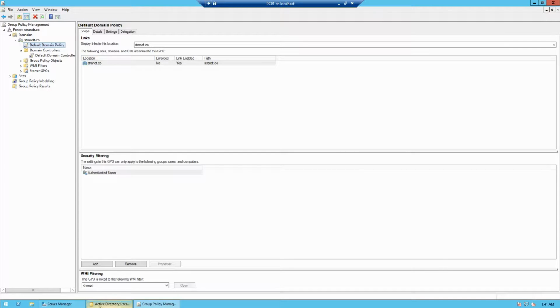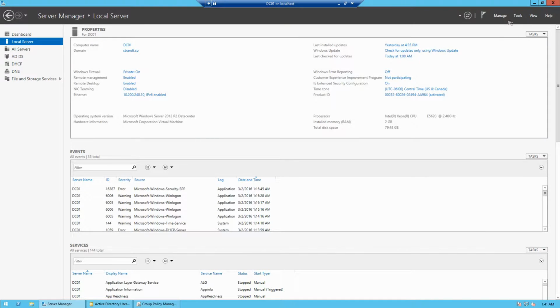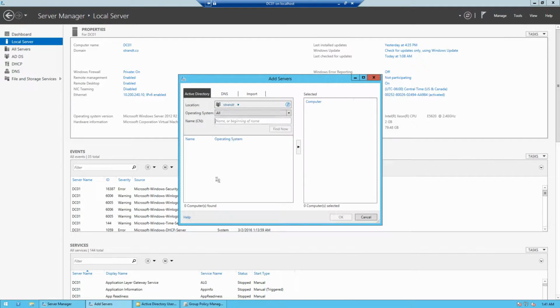So we'll go back to Server Manager on DC01, go to Manage, Add Servers, and now that we've got a domain set up, we can click Find Now and you can see both of our servers pop up. So I'm going to add DC02 to DC01